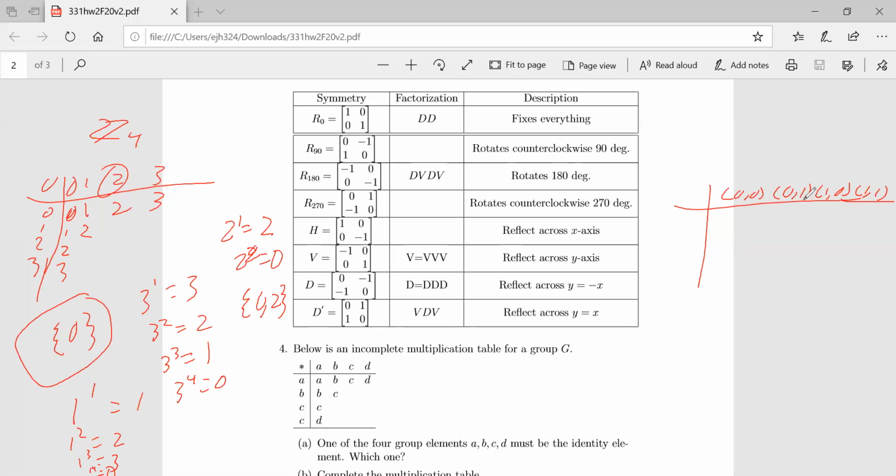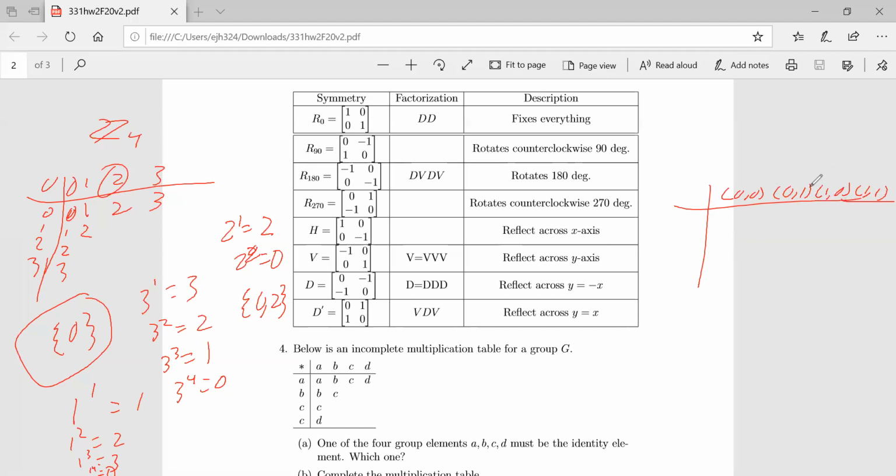If I take any element and apply it to itself, I get the identity, right? So is anything going to be a generator for the whole group? No. Exactly. But it does tell me that each of these guys is going to generate a different proper subgroup,